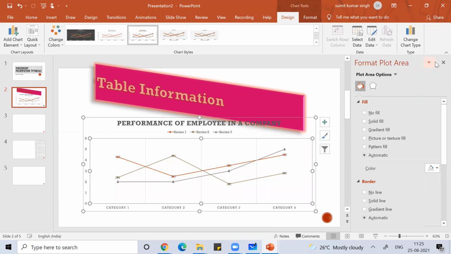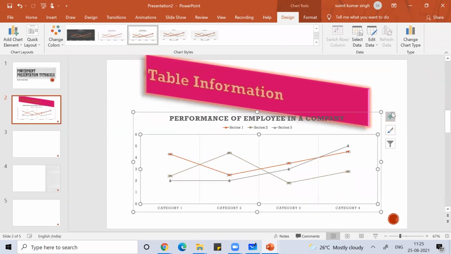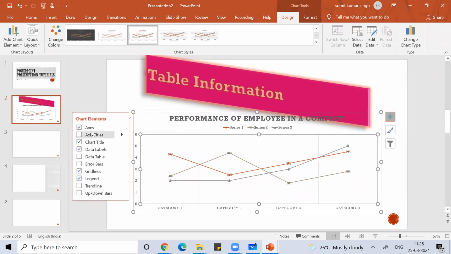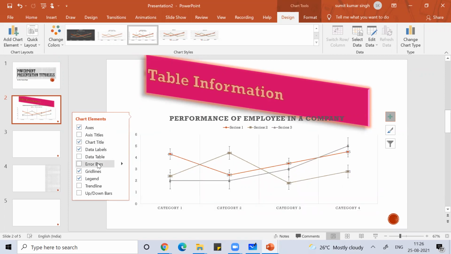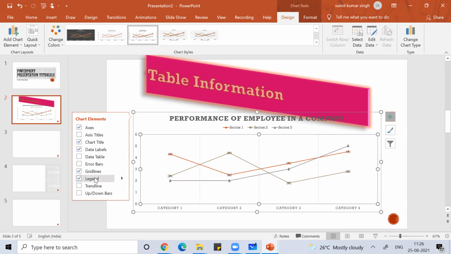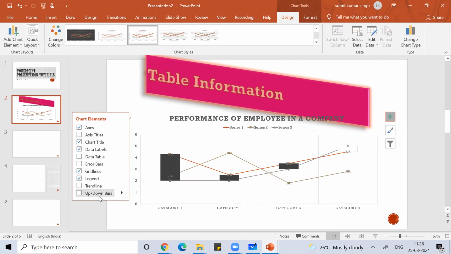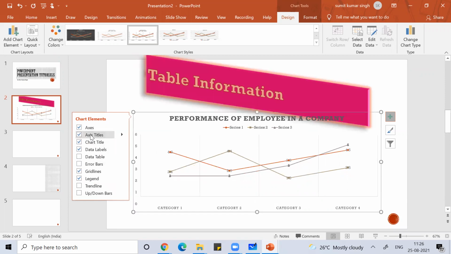You can simply click on this plus sign. You can change the title, data level, data table, error bar, grid lines, legends, trend lines, up down bar, all that you can put.